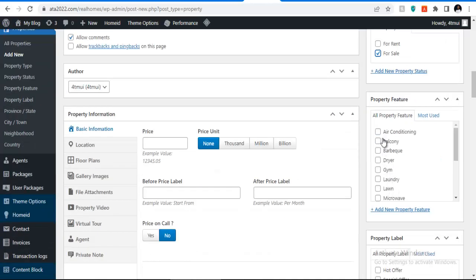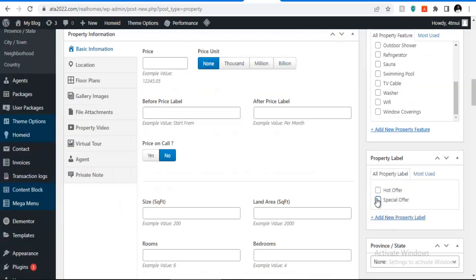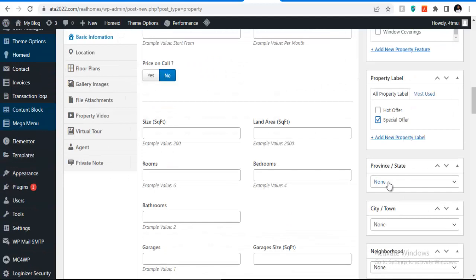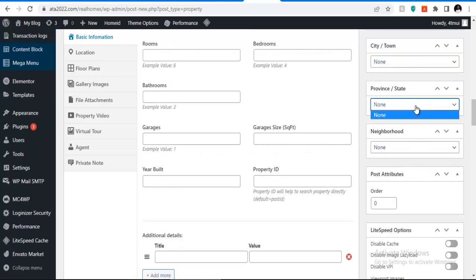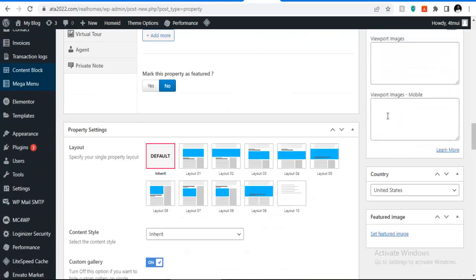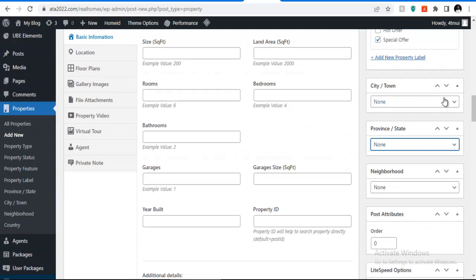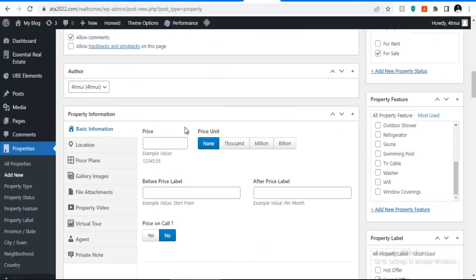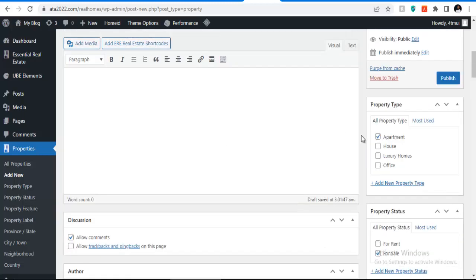Then what are the features? I'll just add them. I can add as many as I can. So you have it there. Then you have label, special offer. You can select the states. Let me see what this states. Why is this one not coming up? Okay, I'm coming to that. Let me fix all of this. So first on now, then the next is